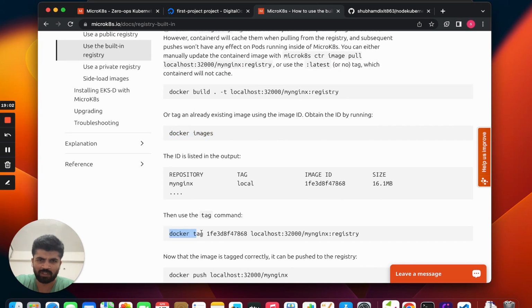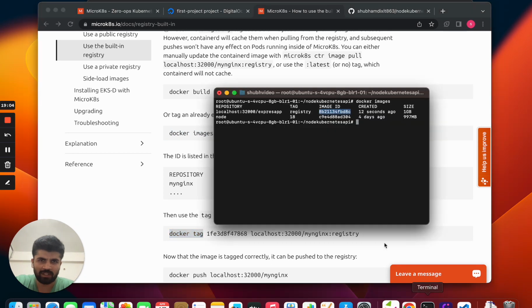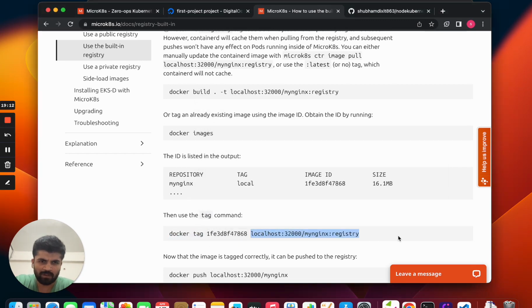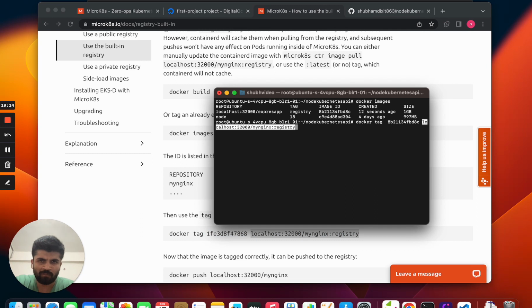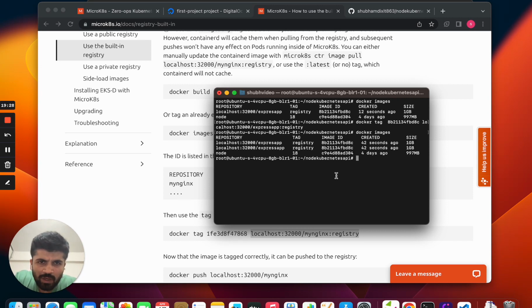Just run this command, docker tag, the image ID, and then the express app. So if I type docker images, express app, yeah, we have